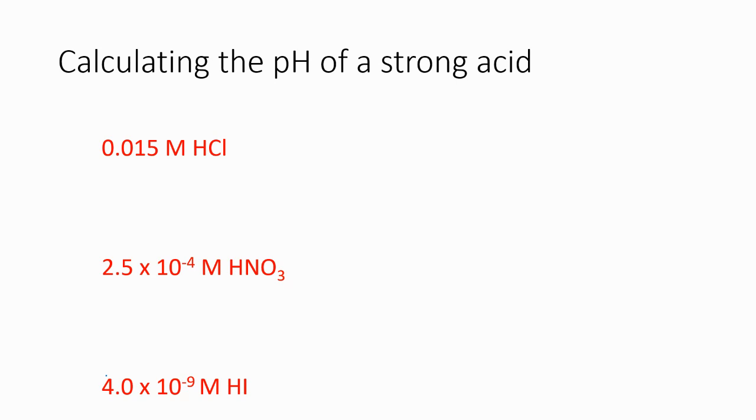Last time we were together, we saw that pH is equal to the negative log of our hydronium ion concentration, H3O plus. That's the important ion. And as I look at my three example problems I have here, I have hydrochloric acid, nitric acid, hydroiodic acid. All are strong acids. None of them appear to have hydronium associated with them. But that's because we're forgetting that when you put a strong acid into water, it ionizes